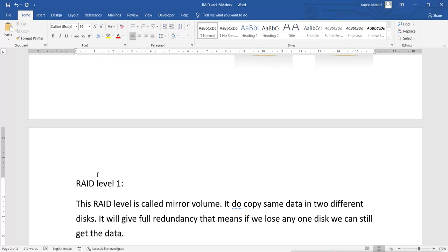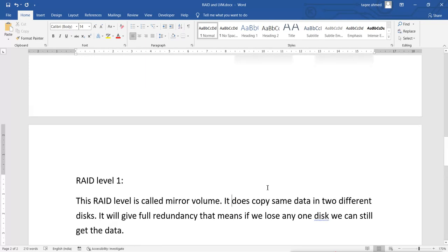We will not lose the data if we lose any of the disks from those two disks. So if we lose any of the disks, we still get the data, because it creates the same copy of the data in two disks, the same mirror data.